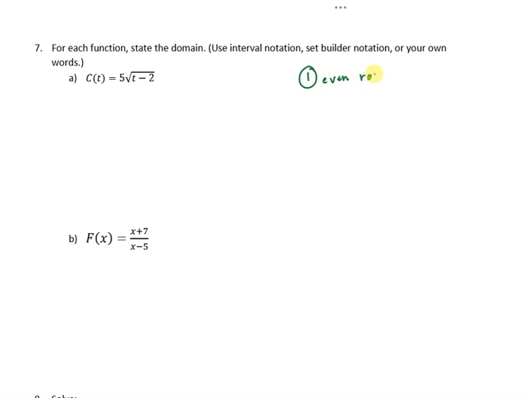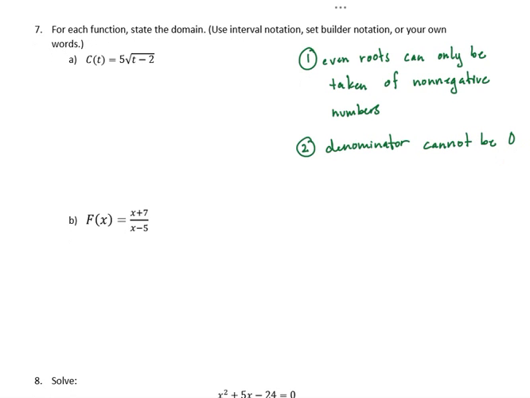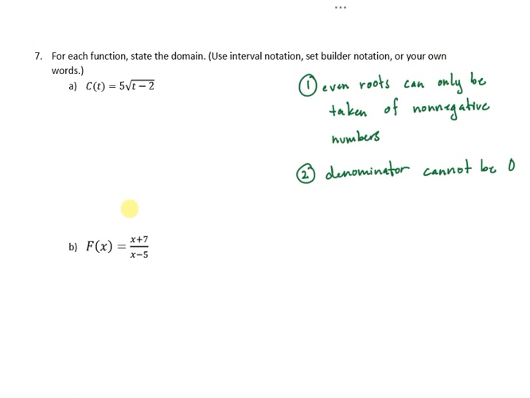The first one is even roots can only be taken of non-negative numbers. And the second rule is denominator cannot be 0. So looking at part A, we don't have a denominator, so I don't have to worry about